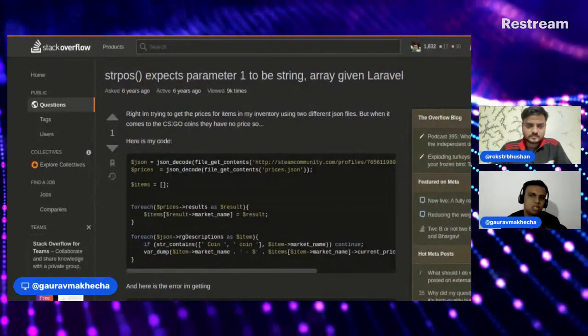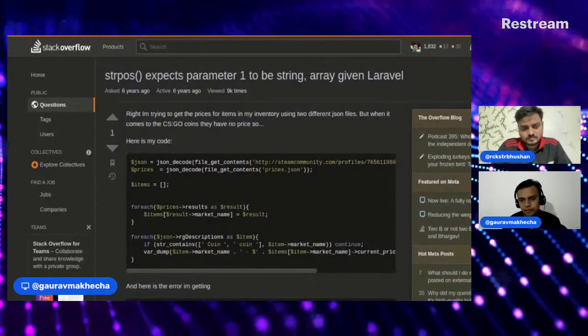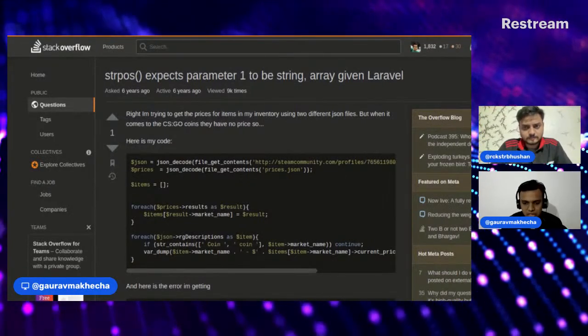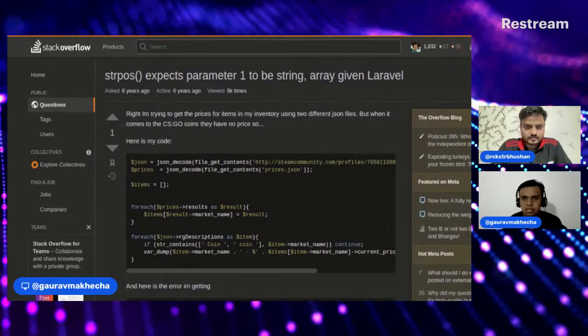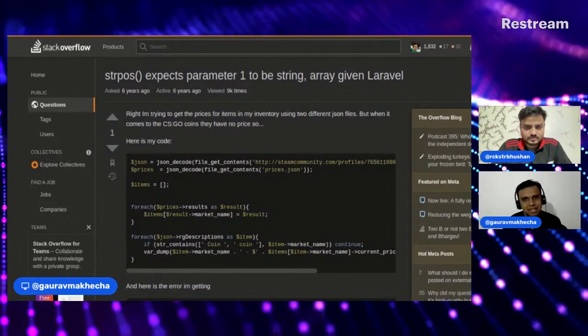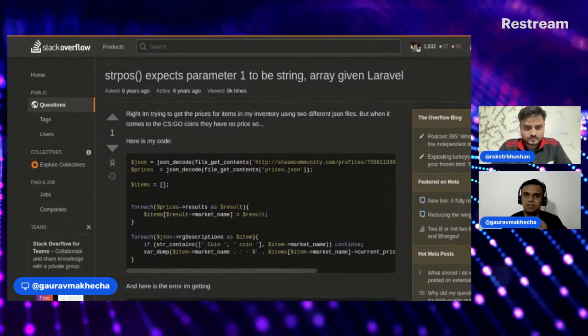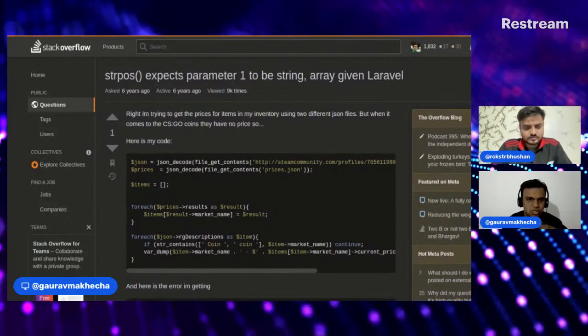It helps us prevent this because PHP is a dynamic language. So we improve the types of our variables, of our class properties, of our methods, and then we don't face all these issues. So this is one example.